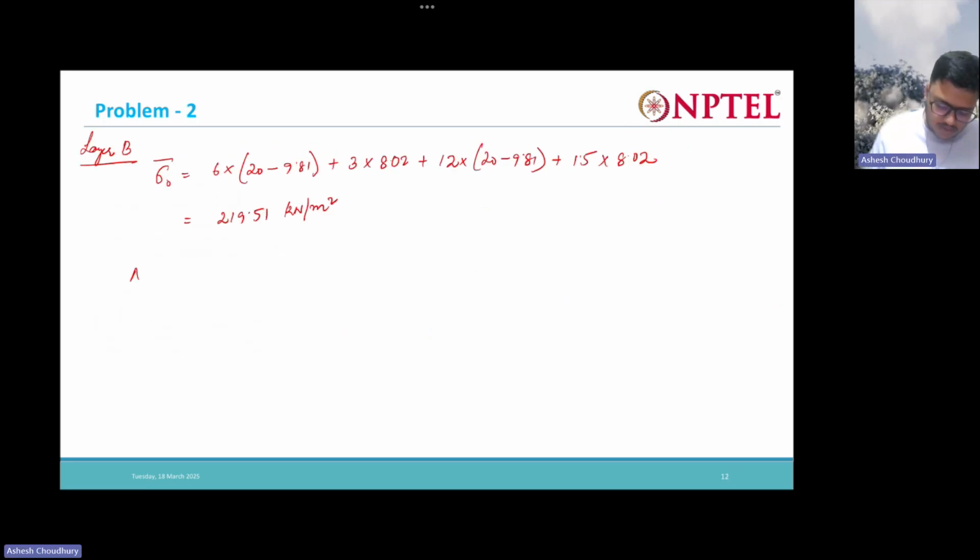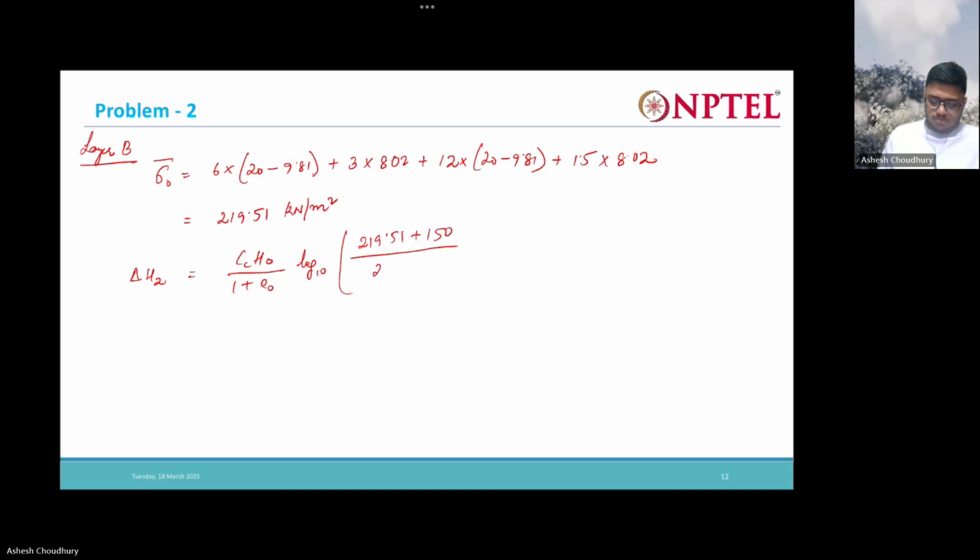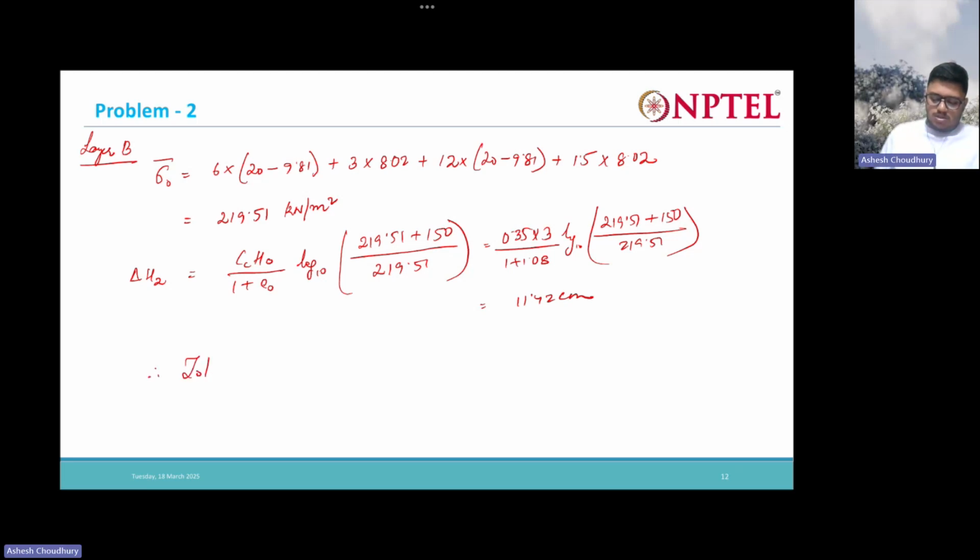Okay, so similarly, this one will come out as 11.4. Therefore, total settlement